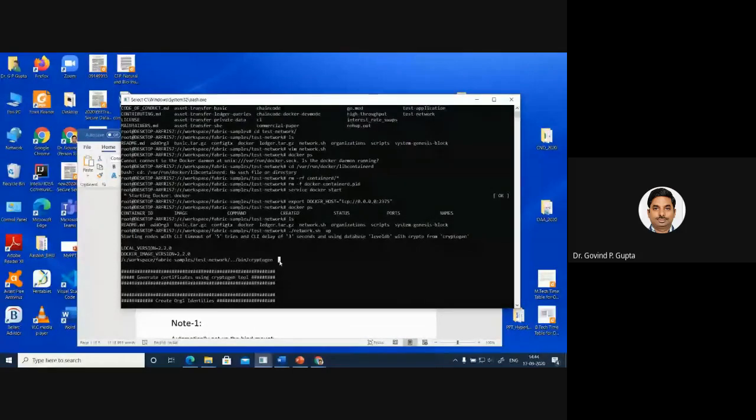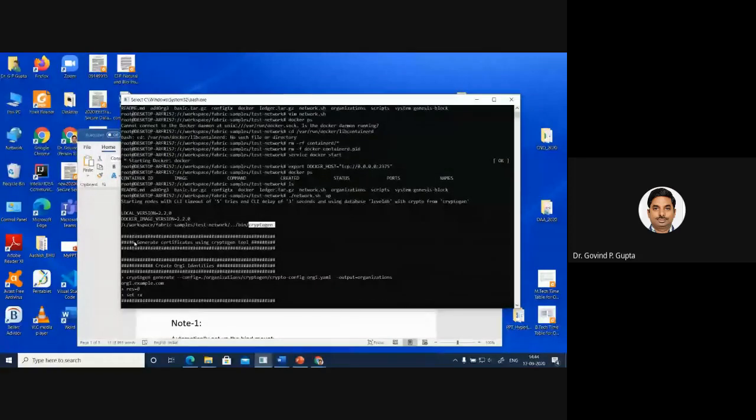Then, before creation of the network, any peer first contacts the CryptoGen. CryptoGen is a package which issues the certificate. Any peer which is going to be part of the network first contacts the CryptoGen tool, and the CryptoGen tool generates the certificate for the peers.